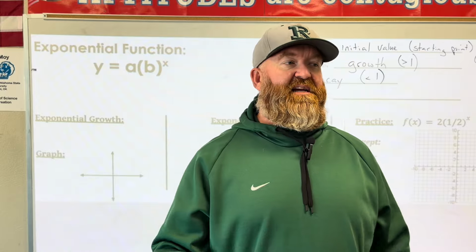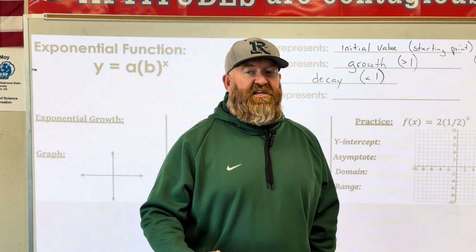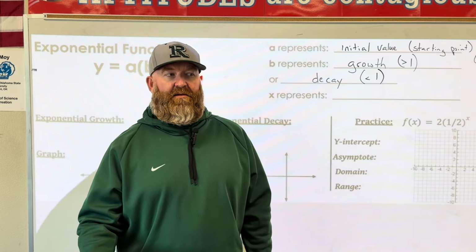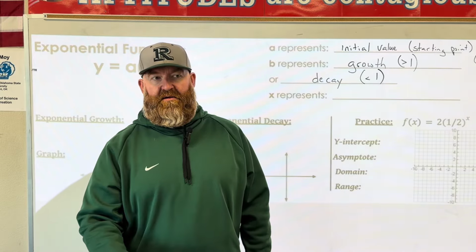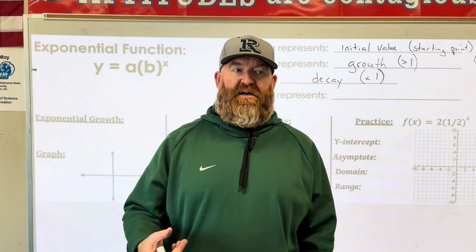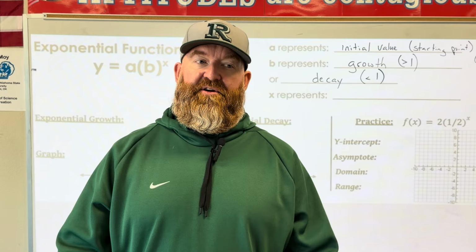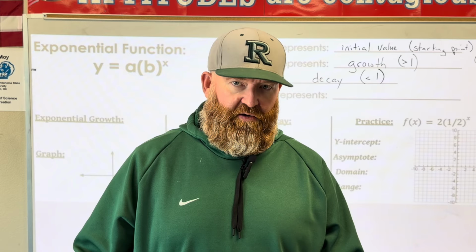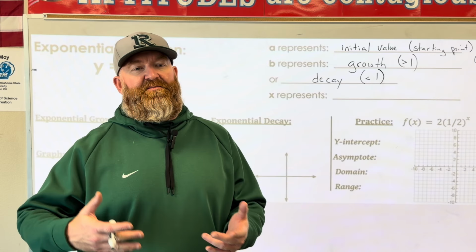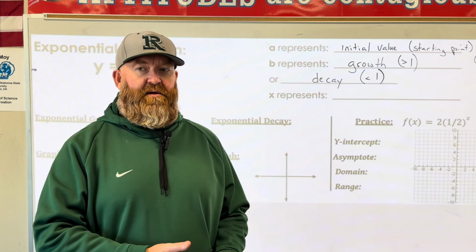The reason we don't say less than or equal to 1 is because if I multiply something by 1, what do I get? I get the same number again. So the number has to be either above 1 or less than 1. If it's 1, you can multiply times 1 50,000 times and you're going to get that same number again over and over. So it's got to be something different than 1 to have either exponential growth or exponential decay.